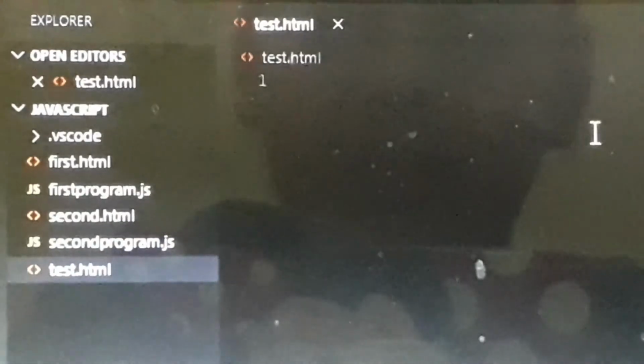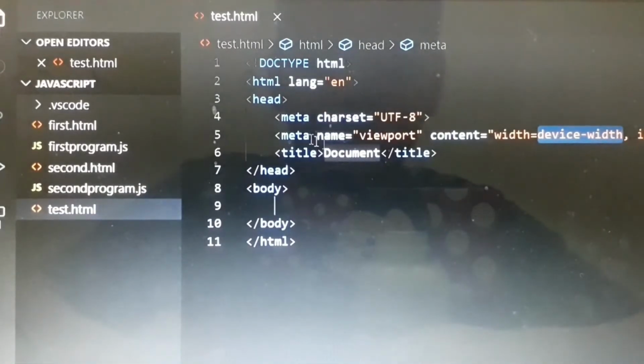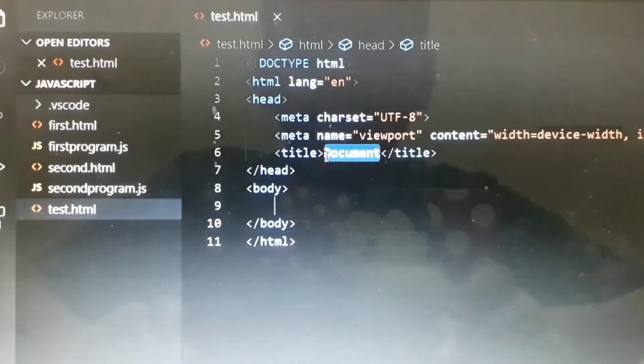See, here is the new file option and this is the new folder option, and for the new file I'm going to name it test.html. I'm just going to show you what we are going to do in JavaScript. Java and JavaScript are both different languages, so we are going to learn JavaScript and web designing. I'm going to press control plus. Okay, now I can see it better. Now I'm pressing shift and exclamation mark and enter. You can see this, and I'm giving it the title JavaScript.